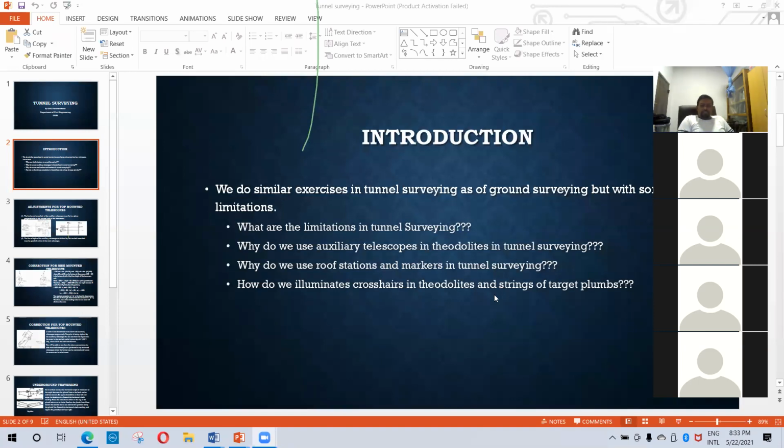Yes, all these reasons are given in your book, right? I don't want to repeat those things because those are literal things. You can read it. Then the final reason is traverse measurements, right? Usually include vertical angles, right? So these ducts are inclined. So mostly the vertical angles are involved in calculating traverse.